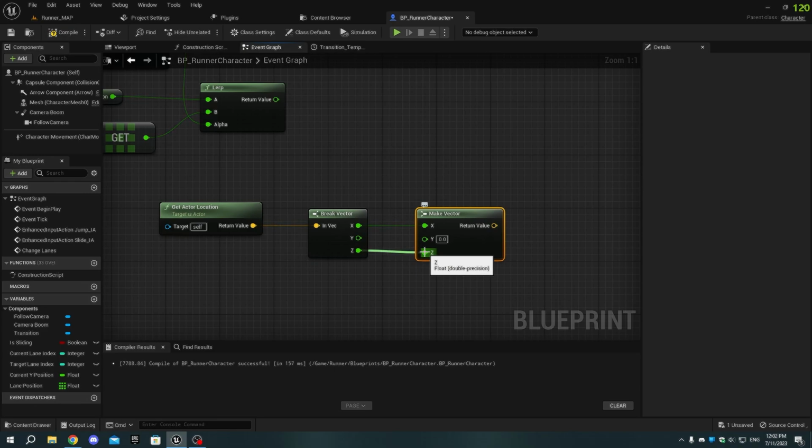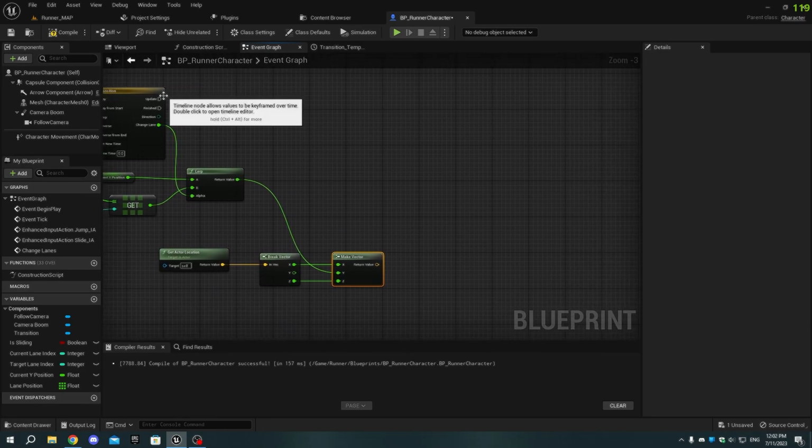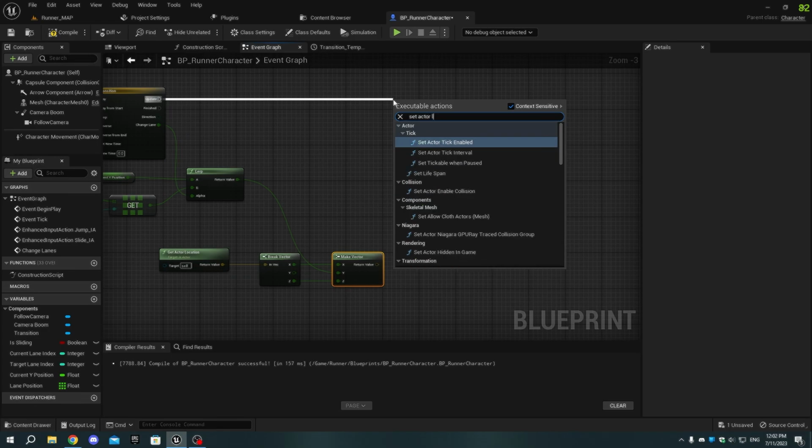Connect the return value of the lerp node to the Y pin of the makeVector node. From the update pin of the timeline node, add a setActorLocation node and connect the makeVector's return value to the new location pin.